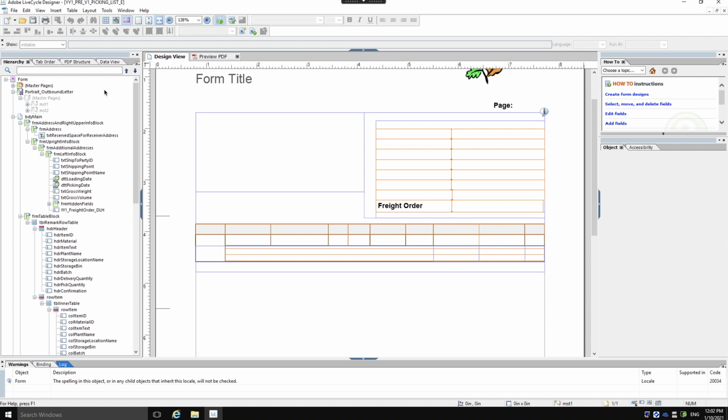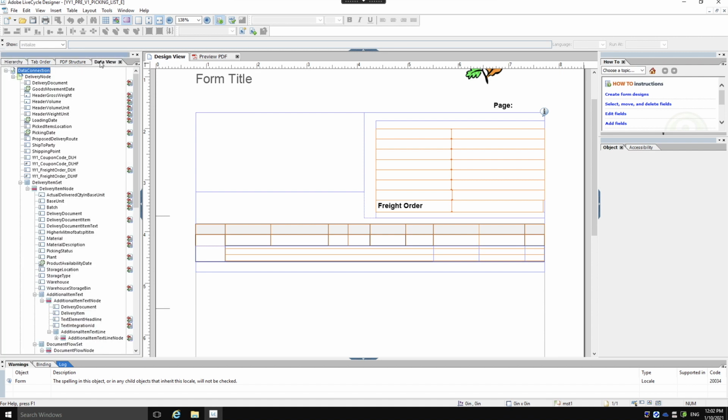And as a result of creating our custom code and enabling it for our form, this has then added our custom field freight order to our custom form and the relevant data source. So if we look at the data view, we are then able to find our custom field here, which is YY1 freight order underscore DLH. And all that I did really was drag and drop the field